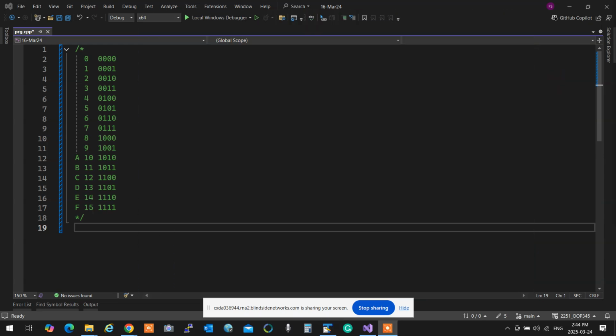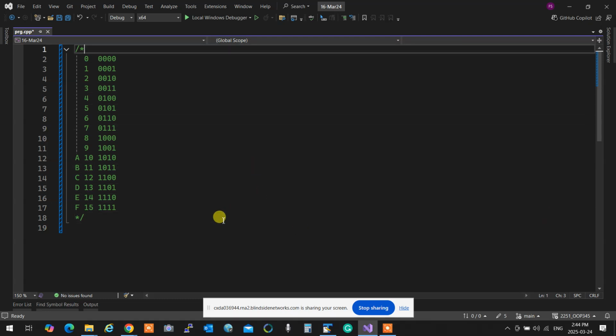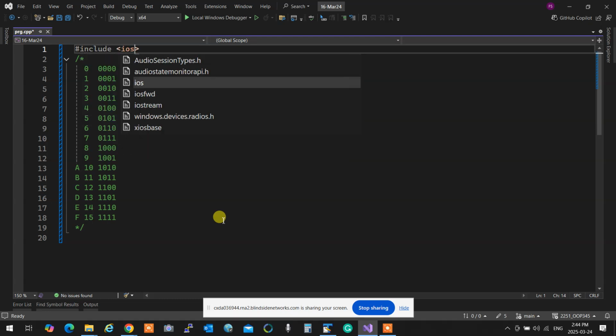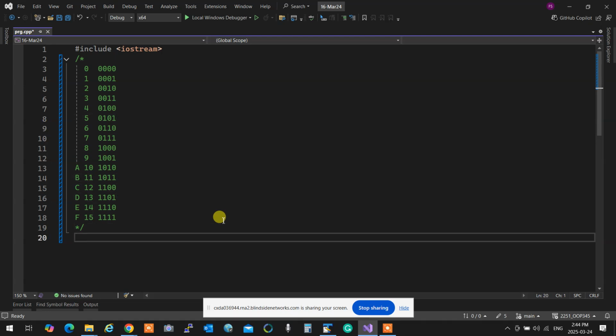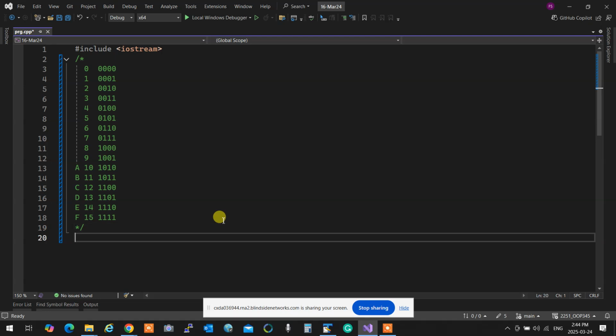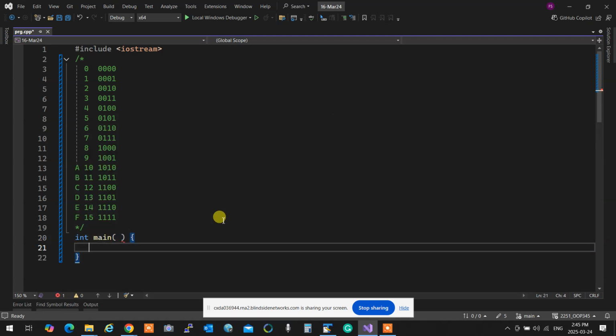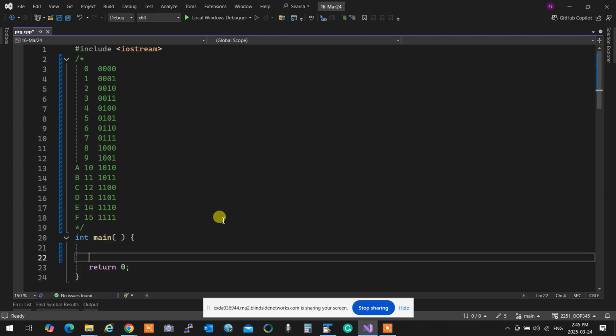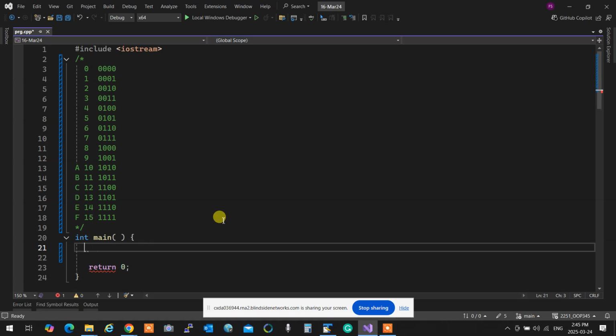We don't need it. Okay, so let's come over here. I'm going to say unsigned character c, and I'm going to set it to 0xA2.